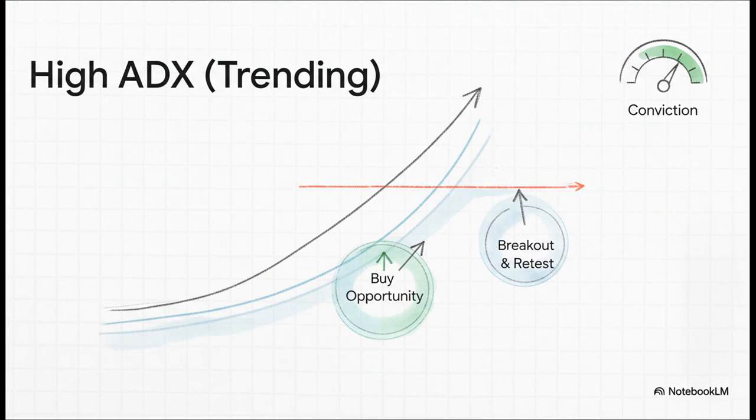But then, the ADX starts to climb. It pushes past 25, it's rising. The game completely changes. We are now officially in a trending mood. This is when you put away the oscillators and bring out your trend-following tools. Now is the time for strategies like buying the pullbacks to a moving average, or looking for those classic breakout and retest patterns. You stop fighting the chop, and you start flowing with the current.